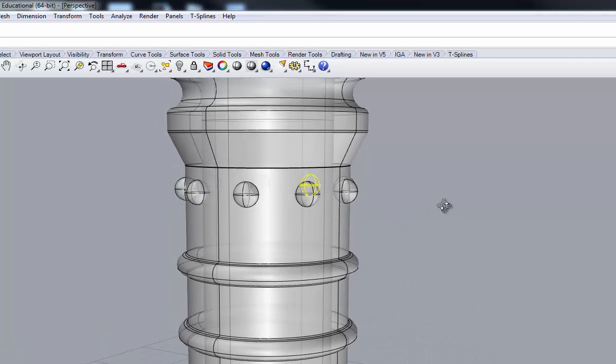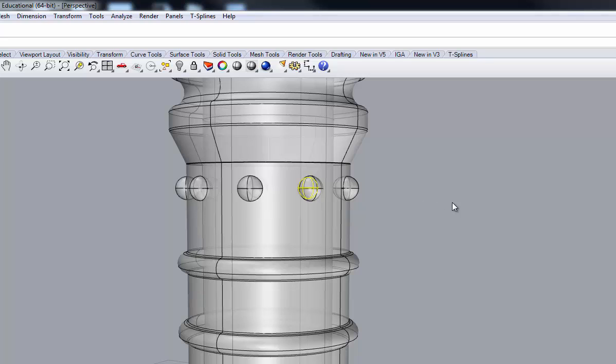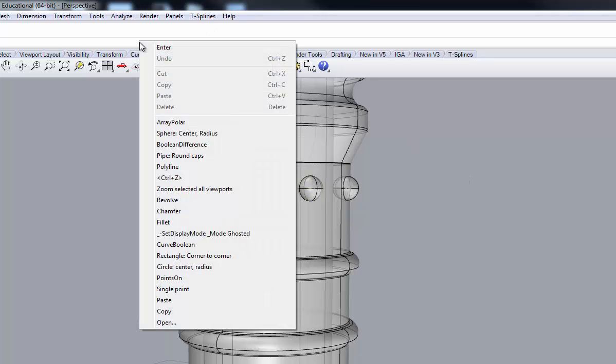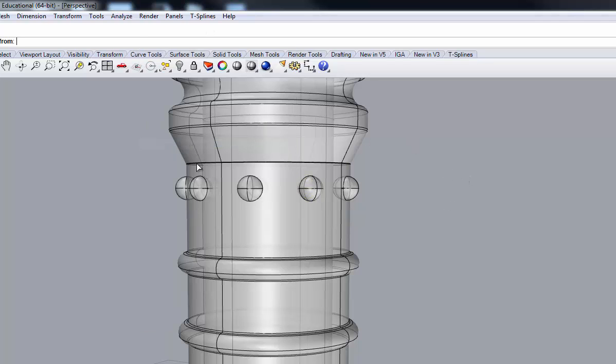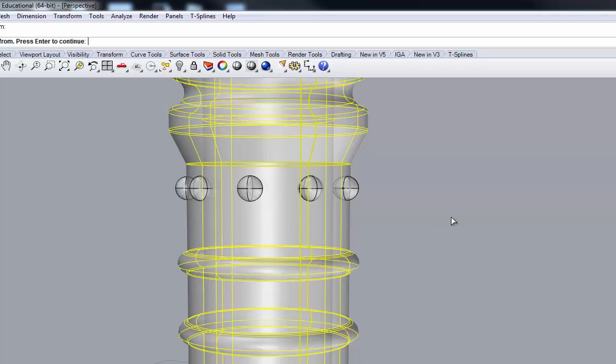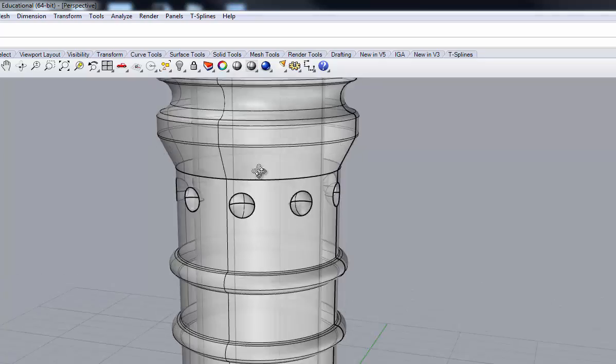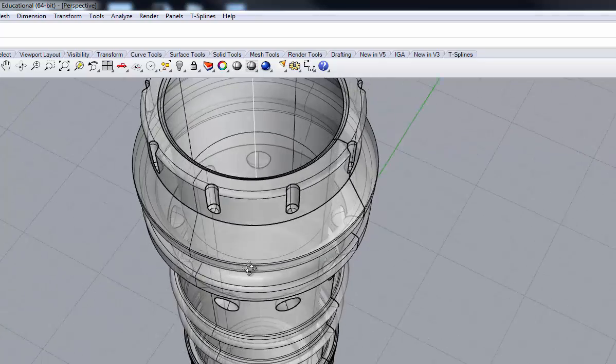So I'm going to go over here and do a Boolean difference again. I want to subtract from that object, and I want to subtract with these. Notice that I do a left-right, select everything, and then we difference those,